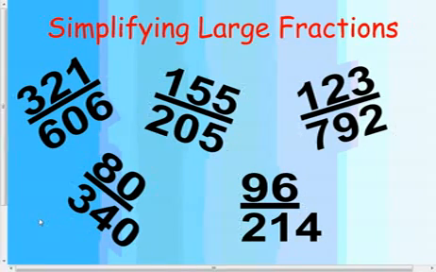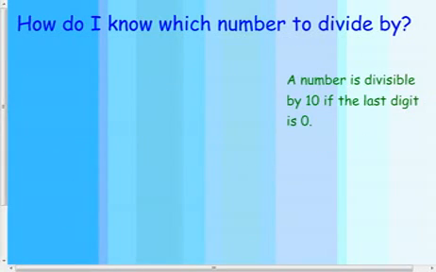This one is specifically for people who are asking what do I do when I get these big numbers and I don't know how to figure out what to simplify by. So how do I know which number to divide by? I'm going to give you one example of a small problem, a very simple problem. If we have a problem like 9/12,